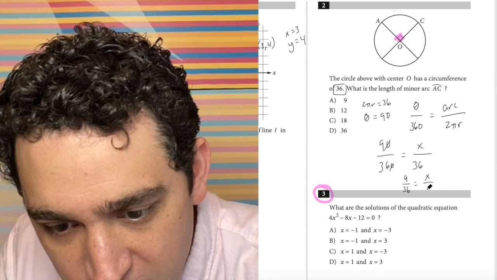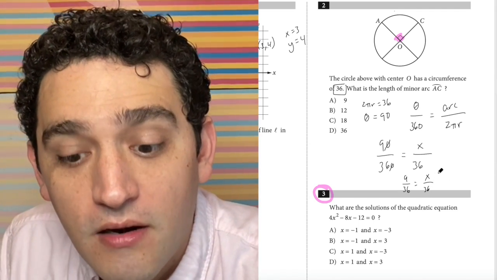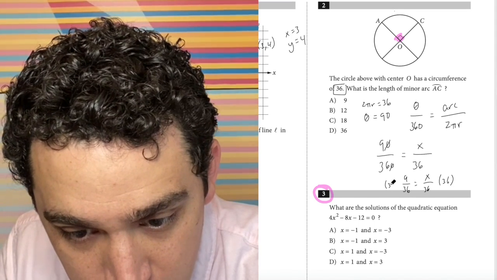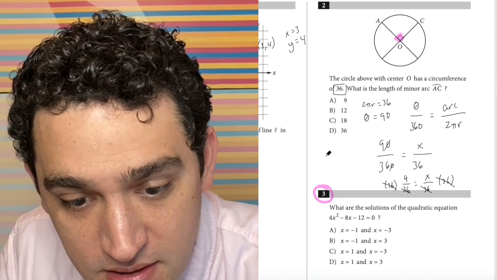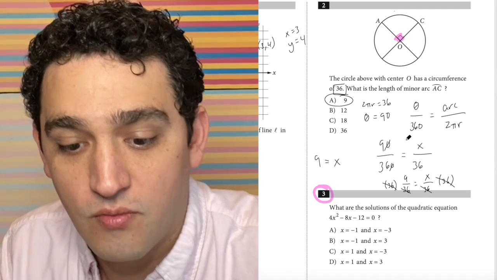equals x over 36. And if we want to get rid of this denominator, we multiply both sides by 36, cancels out both, and we have our answer, x equals 9. Great. Moving down